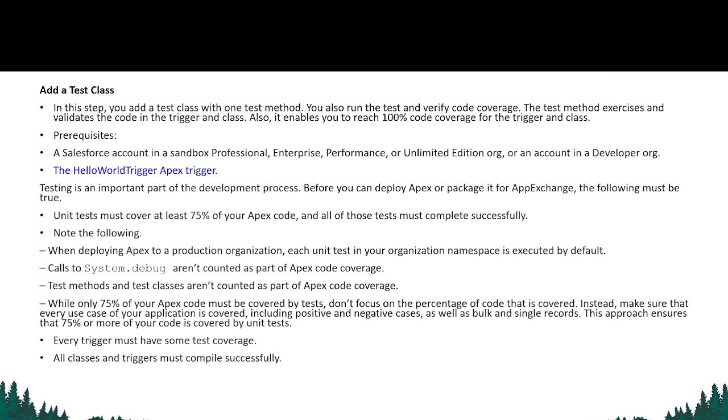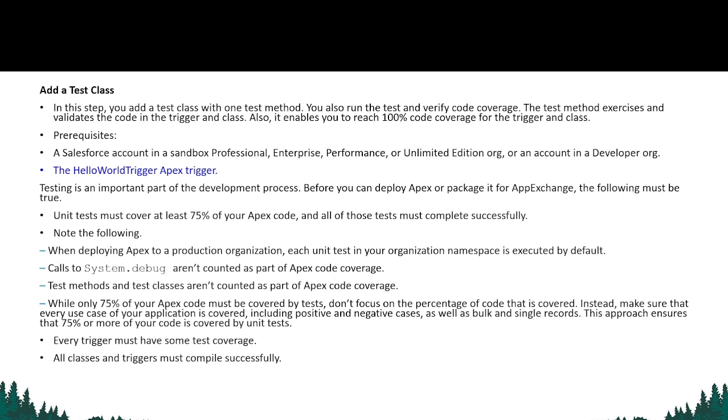You need to deploy the code, then you need to call the system.debug, and the system.debug will never be counted as Apex code coverage. Then when 75% of Apex code